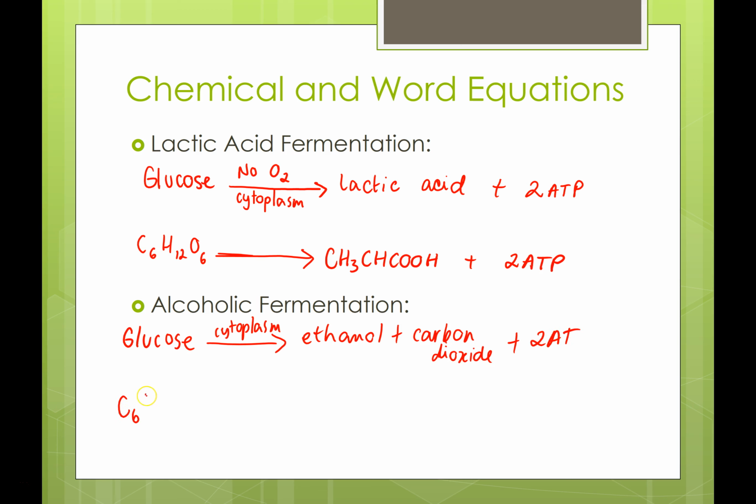This time we have C6H12O6, that's glucose, becoming C2H5OH, okay, CO2, and 2 ATP. Okay. Just do notice though that we actually don't have balanced equations here, and so we will need 2 lactic acids here. We're going to have 2 ethanols here, and we're going to have 2 carbon dioxides over here. Alright,